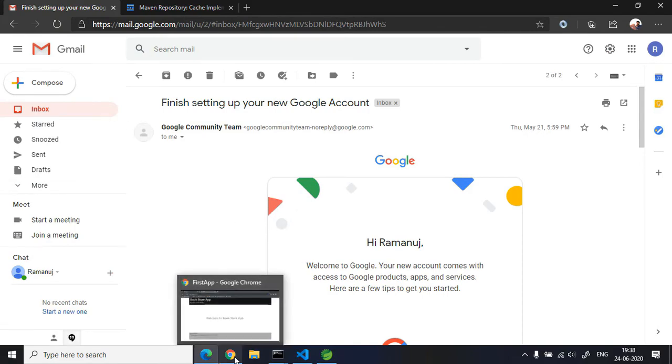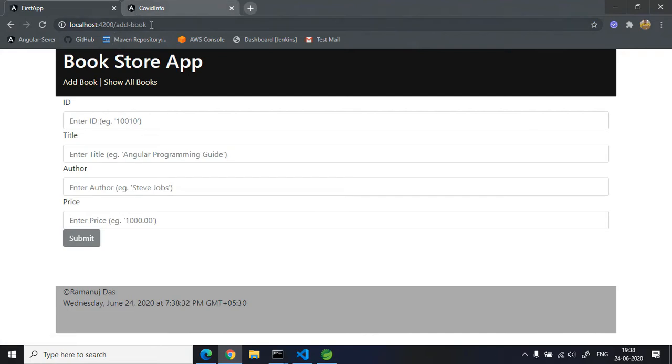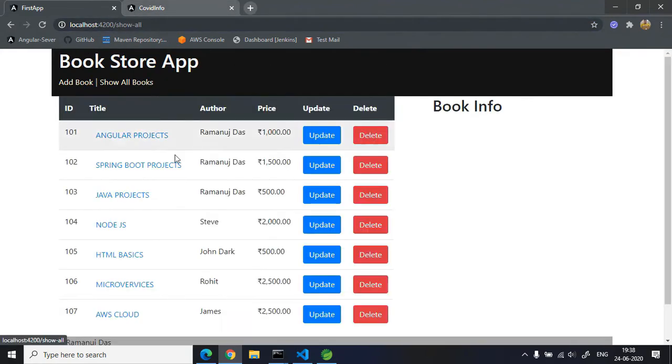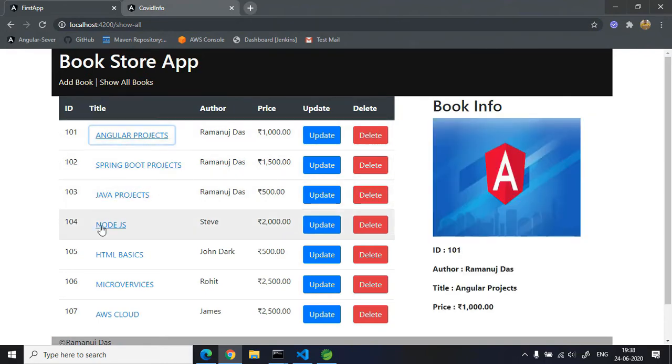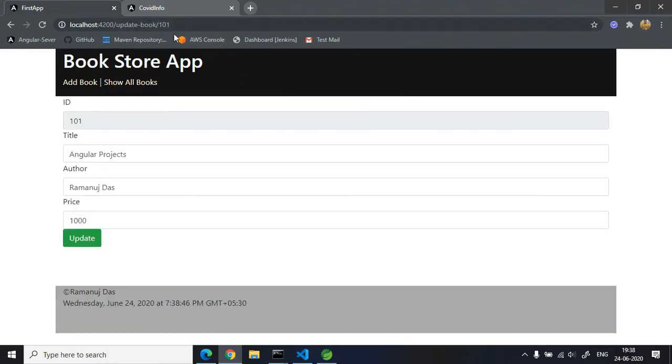And let me show you our Angular application which we have created. So you can see we have a bookstore application, and the moment I click on this add book, you can see the link got changed, but there is no refresh. If I click on show all books, if I click on anything, if I click on this, or if I click on this, everything is changing, everything is loading, but there is no page refresh. So that's what a single page based application is. So let's have a look at the code structure.